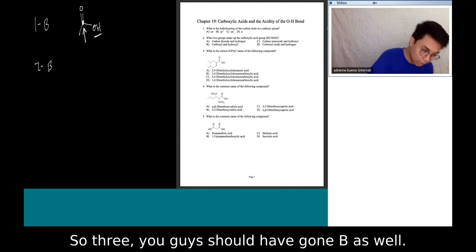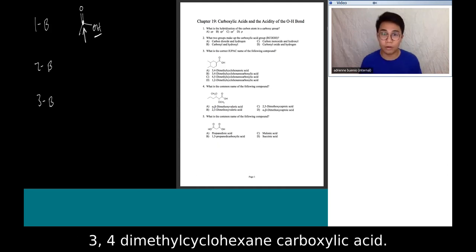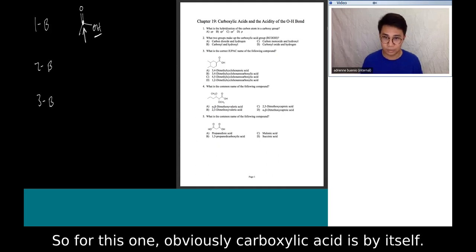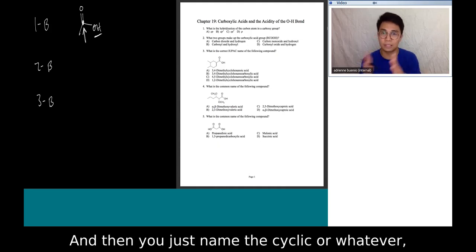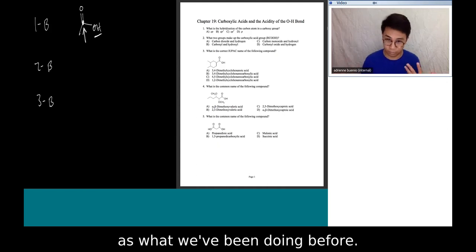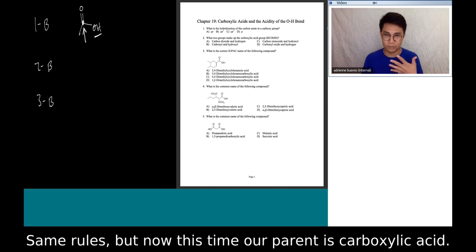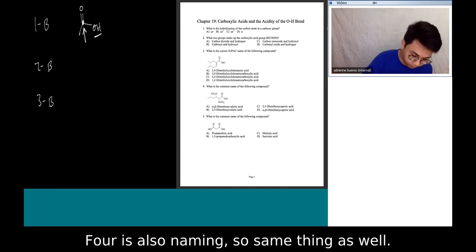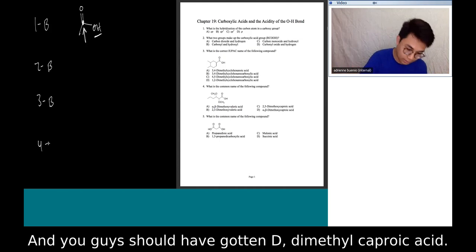Three, you guys should have gone B as well: 3,4-dimethylcyclohexanecarboxylic acid. For this one, carboxylic acid is by itself, and then you just name the cyclic as is, like what we've been doing before. Same rules, but now our parent is carboxylic acid. Four is also naming, same thing, and you guys should have gotten D,